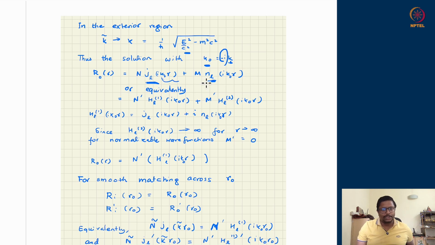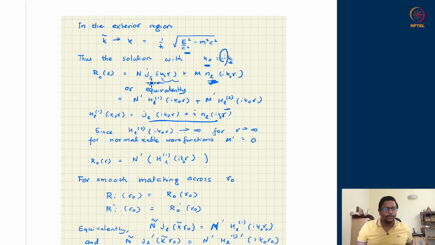However, these solutions which are J_l and N_l can be rewritten in terms of two other Bessel kind of function, which is Hankel function. This is all again differential equation exercise. If you know, you just look it up. Solutions of Bessel's equation. Two linearly independent solutions are J_l and N_l, and their combinations are also solutions, you can see this is the combination, and the second one is the complex conjugate of that. I can write in terms of J_l and N_l or in terms of H_l^(1) and H_l^(2).